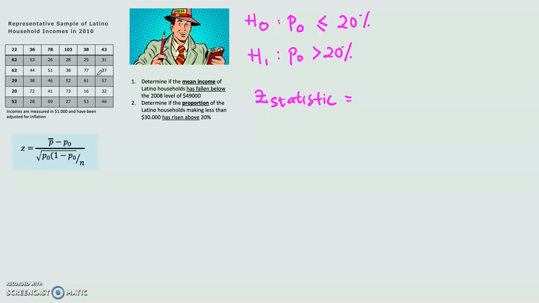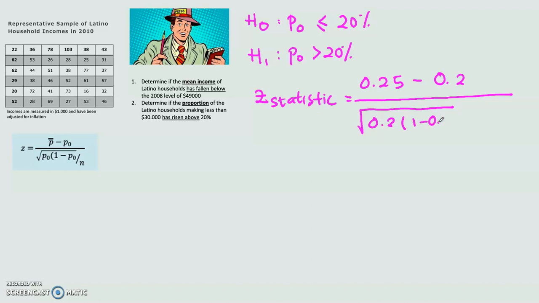You can try to count on your own and you will get 9 households out of 36 households in our sample that make less than 30,000. So 9 out of 36, the P bar is 0.25 minus P0, in our case 0.2, divided by the square root of P0, which is 0.2, times 1 minus 0.2, divided by N, which is 36. With your calculator, you will get the result,